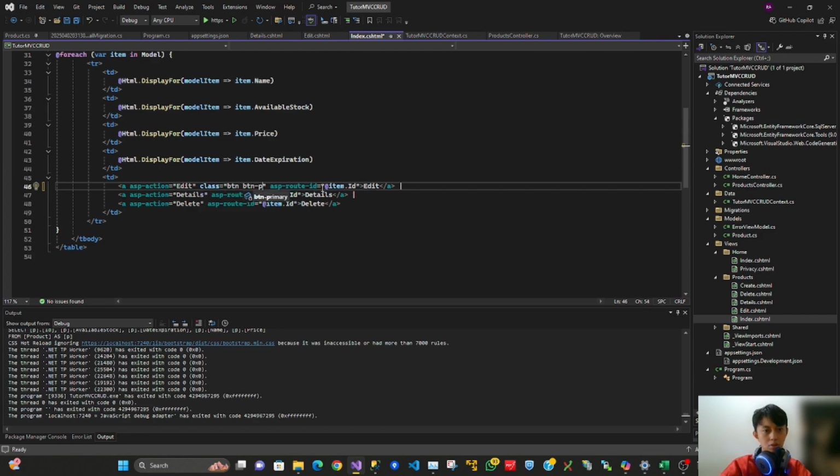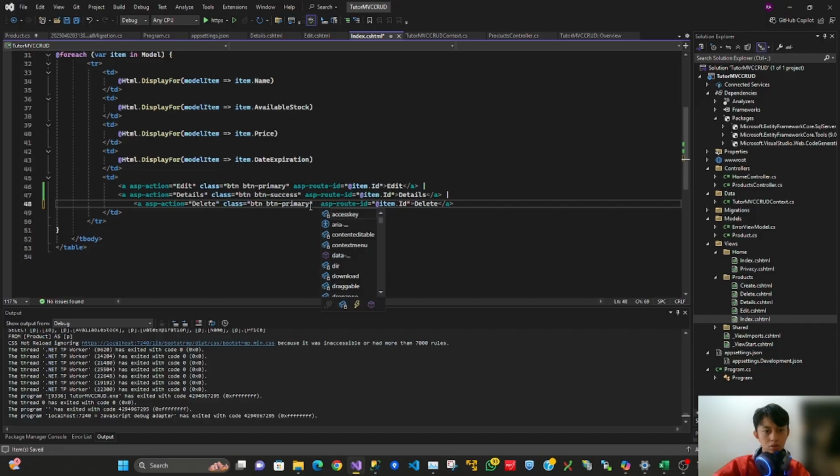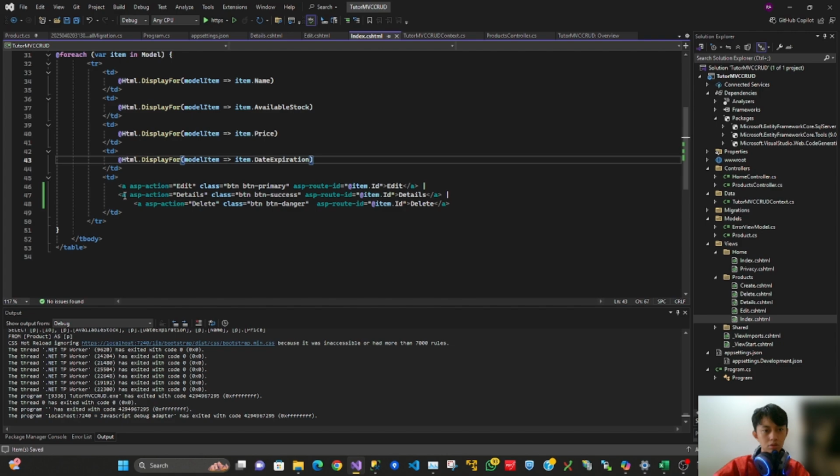Button primary for Edit, button success, and button danger.